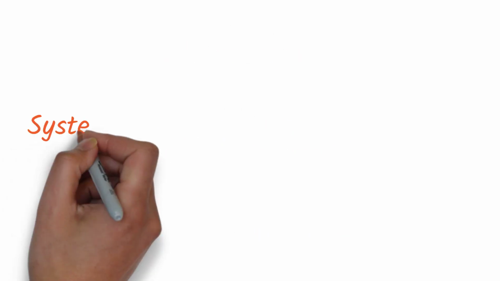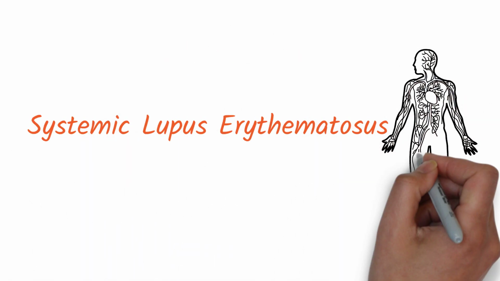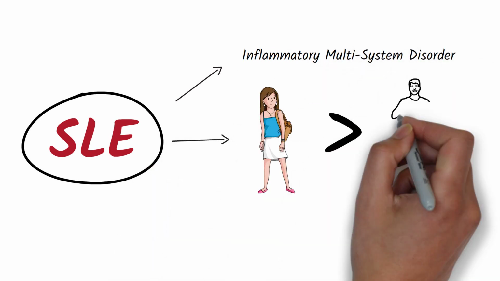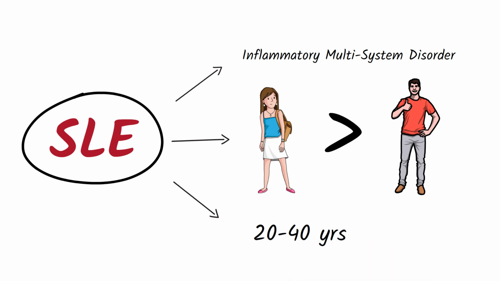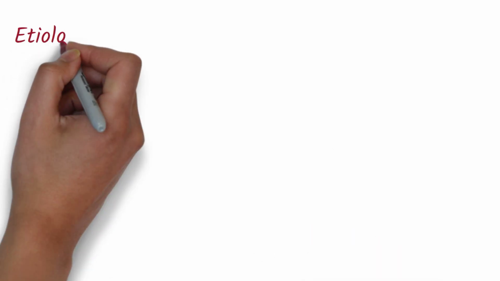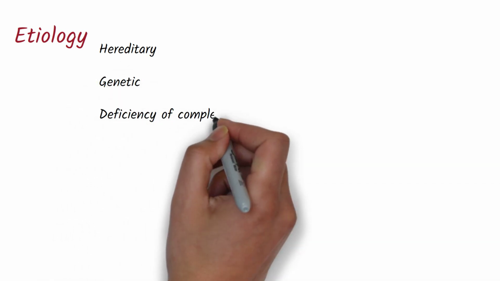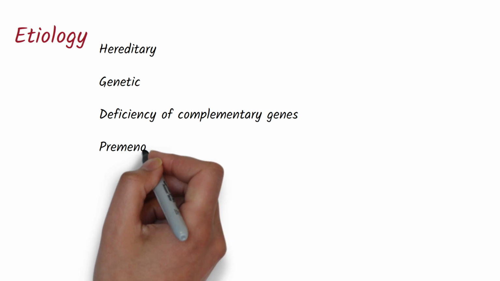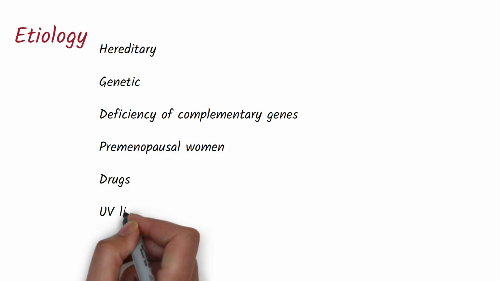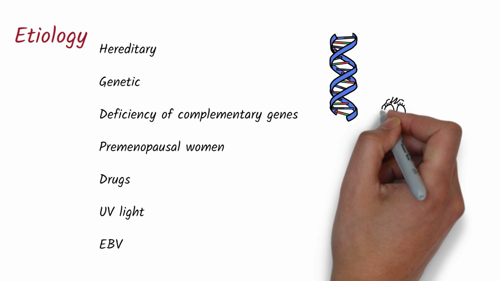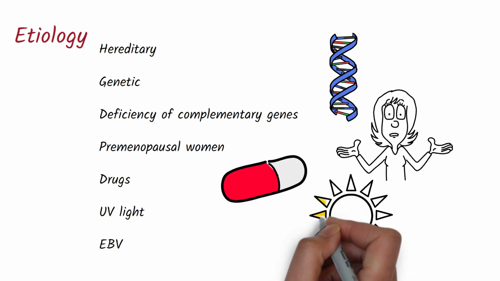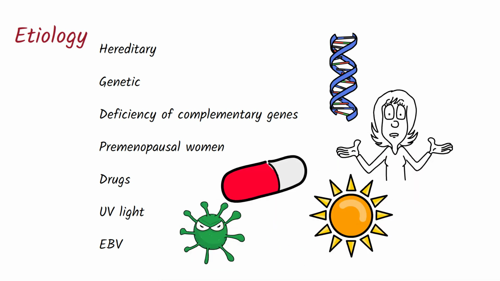In this video, we are going to learn about systemic lupus erythematosus, also known as SLE in short. SLE is an inflammatory multisystem disorder. It is most commonly seen in females than males who are 20 to 40 years old. The etiology of SLE can be hereditary, genetic with an association with HLA1, B8 or DR3, or due to a deficiency of complementary genes in premenopausal women. Drugs like sulfasalazine or procainamide, ultraviolet light and Epstein-Barr virus can also be